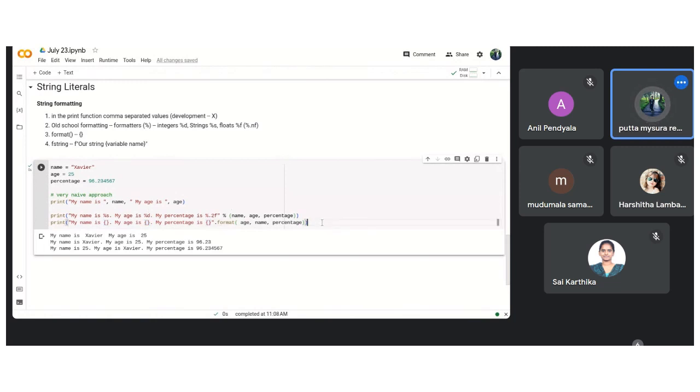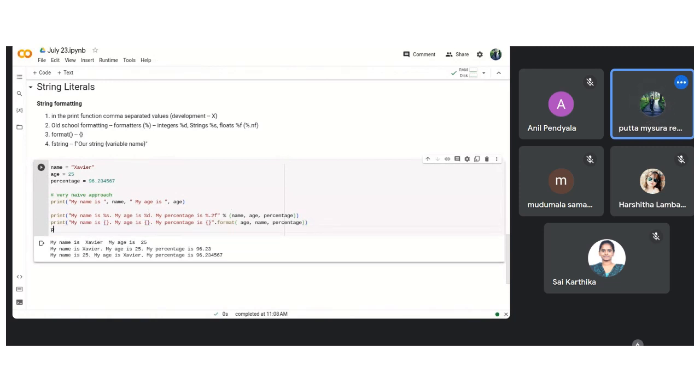Now let us see how this looks with the f string. Print f, so this is the main syntax, and my name is, and here inside this what do I need to pass? I need to pass my variable name. That's it. My name is name. And just after that, my age is age, this is the variable name which is holding the age, and my percentage is,